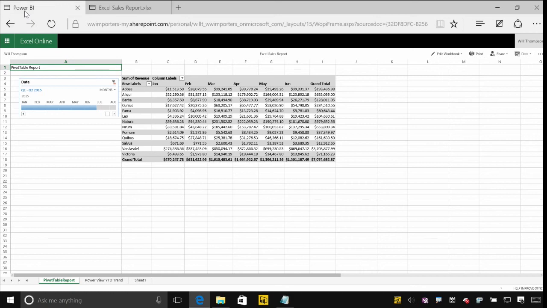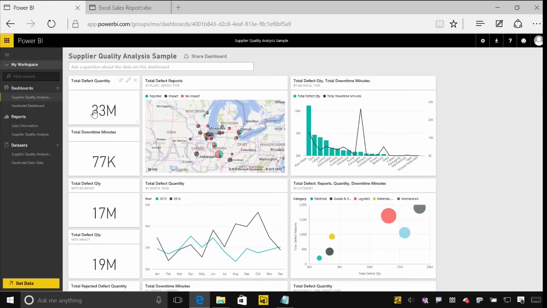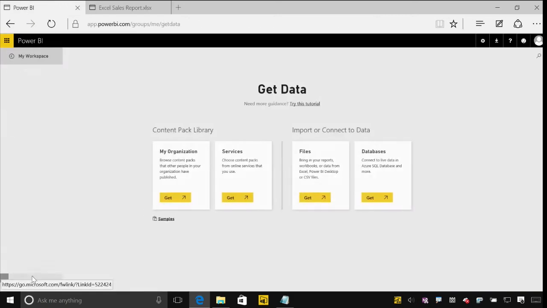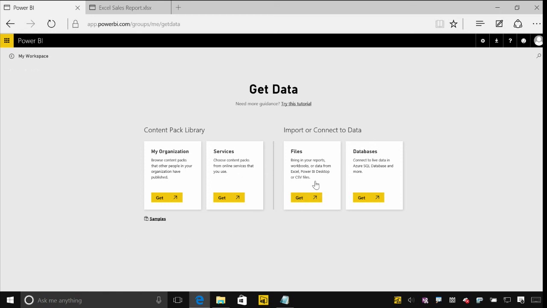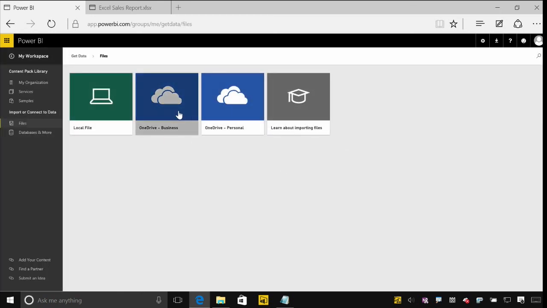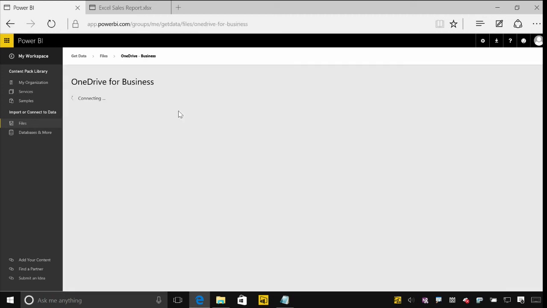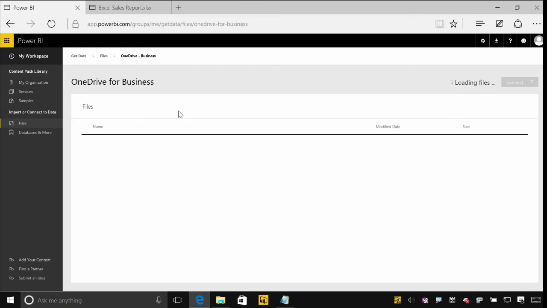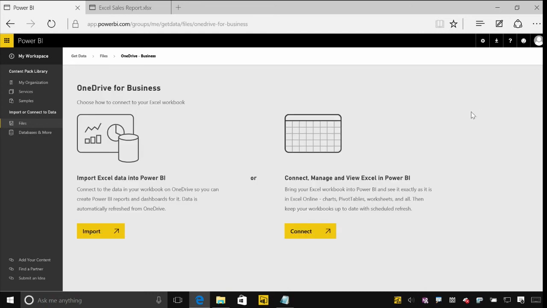Now if I go over to Power BI, I can go and connect to that workbook. All I need to do, go to Get Data. I'm going to bring in a file. And again, this time I'm going to choose the OneDrive for Business option. So as I said, connecting to OneDrive for Business like this means that you have a live connection to that file. So whenever anything happens, like if you go and add more rows to the Excel tables, or if you go and update the Power View reports or the data model, those changes will get synchronized to Power BI as well. So I'm going to select the file and hit Connect.